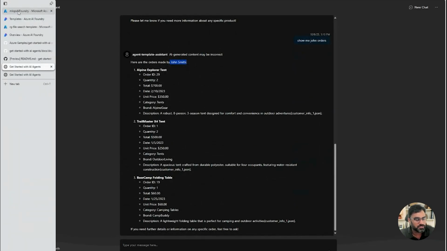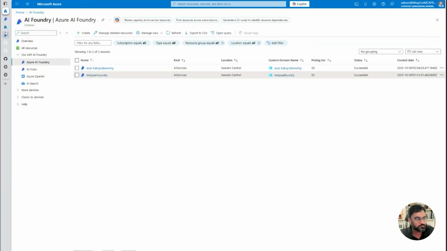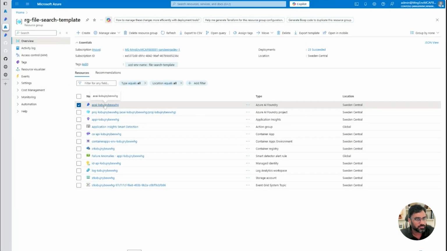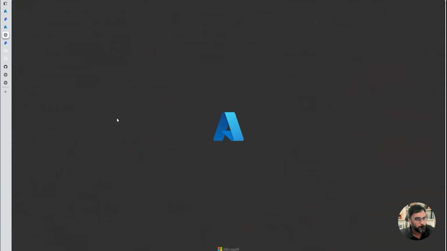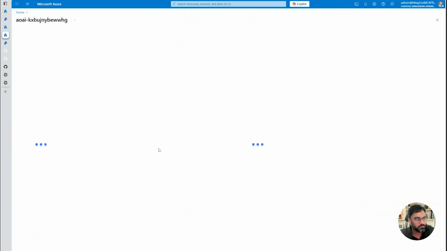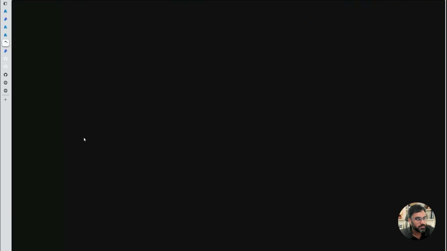If you want to see how this has been deployed, you can come back and click on this AI Foundry project. Once you get into this project, click on the AI Foundry portal again.